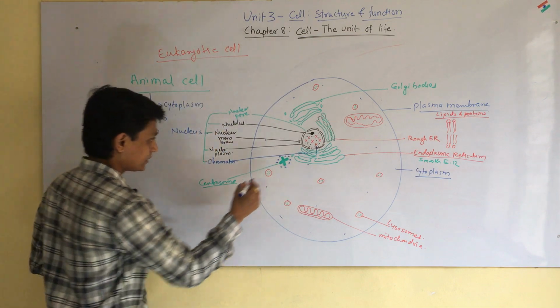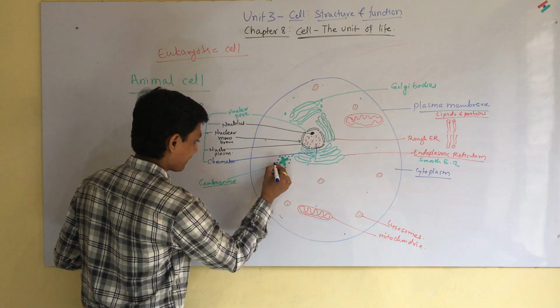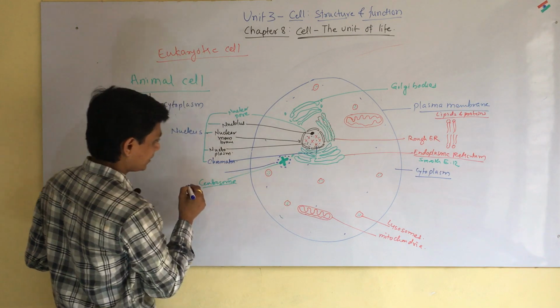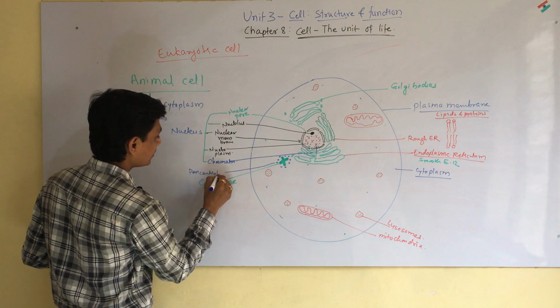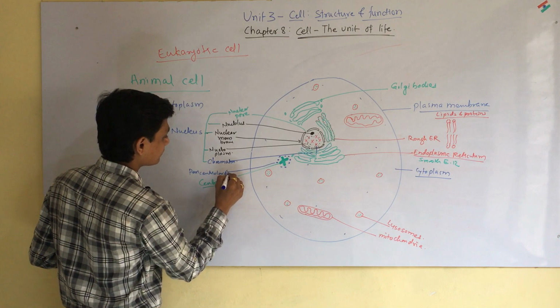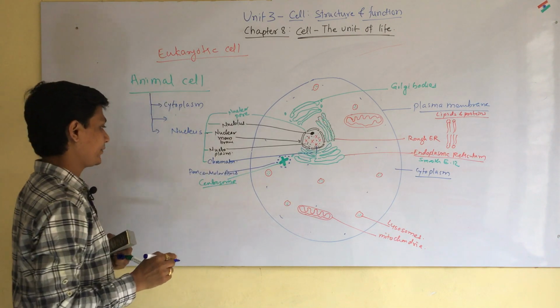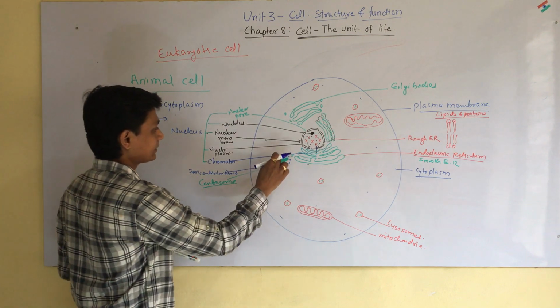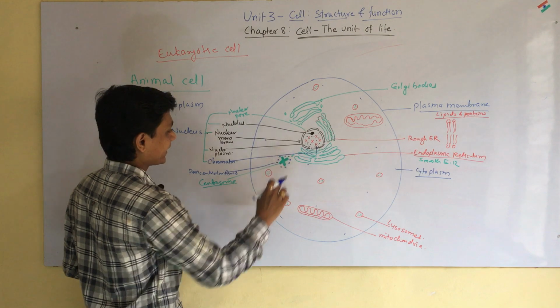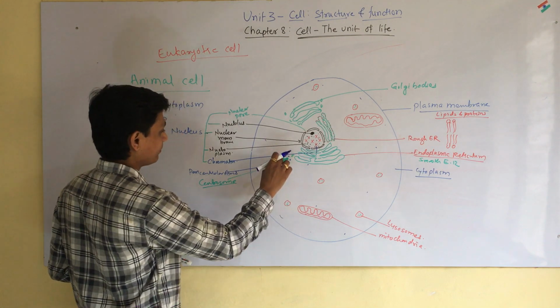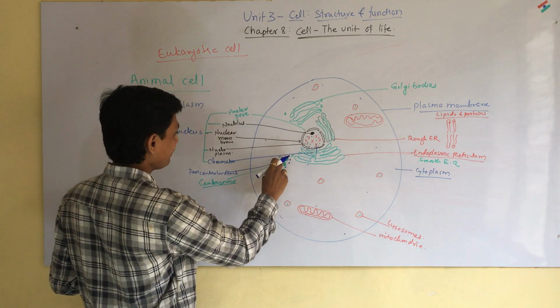These fibers are known as pericentriolar fibers. And these two centrioles, which are rectangular to each other, making a right angle to each other,